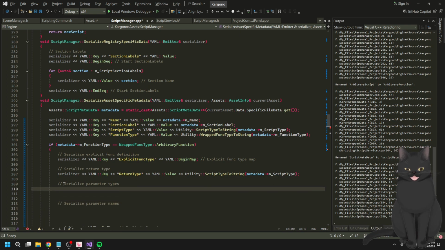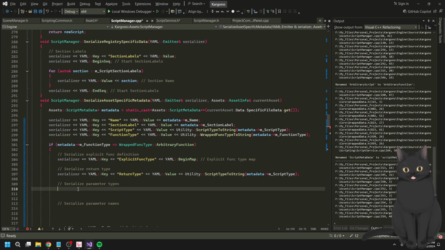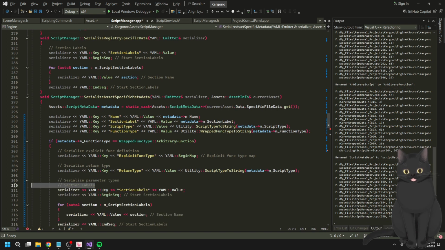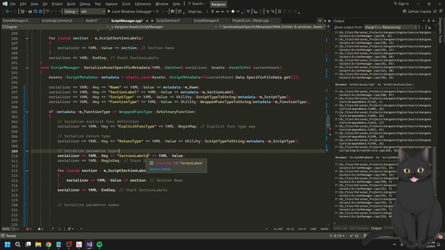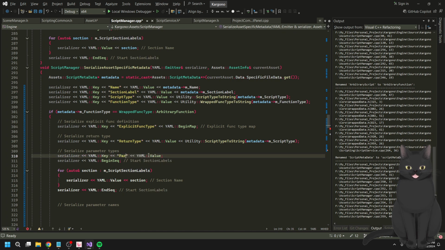So basically it's gonna be this, but without this, and it's gonna be parameter types. Now let's go ahead and begin and end. It's going to be start parameter types list. And then for is going to be for